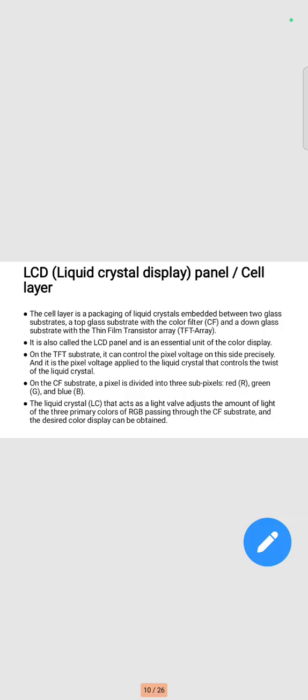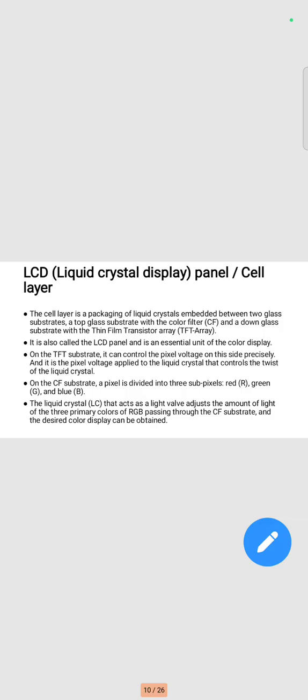A top glass substrate with color filter and a bottom glass substrate with thin film transistor array. Okay,